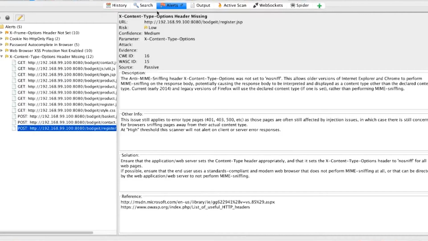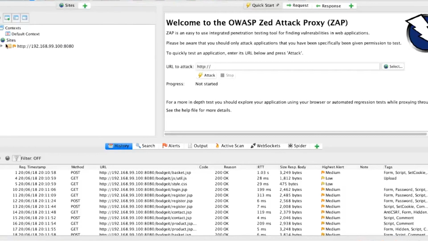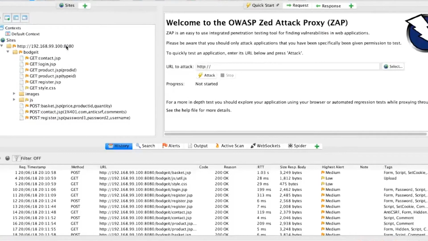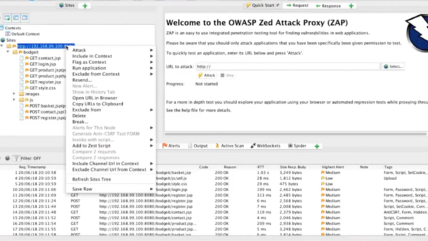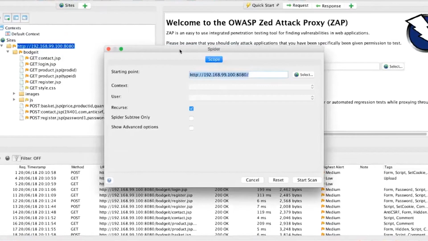It gives the priority of whether it's medium or low, etc., so you'll be able to understand. As you can see, the tags are also mentioned, like anti-CSRF. What I'm going to do now is a test. I'm going to say this is the starting point. I'm going to start with the budget store,